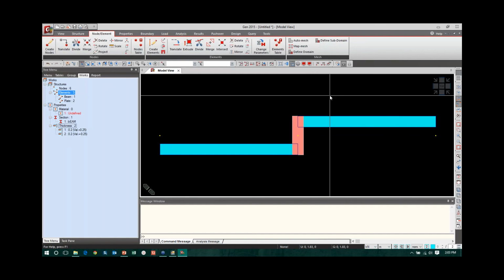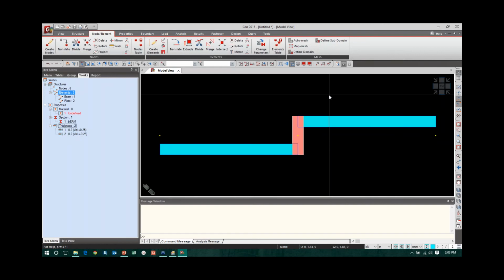So here the slab is at the same level, but if there is a loading difference on both ends of the slabs, it creates moments and so on. So it's not only the offsets for beams and columns, you can do it for slabs, walls, and everything. You can give the offset commands.